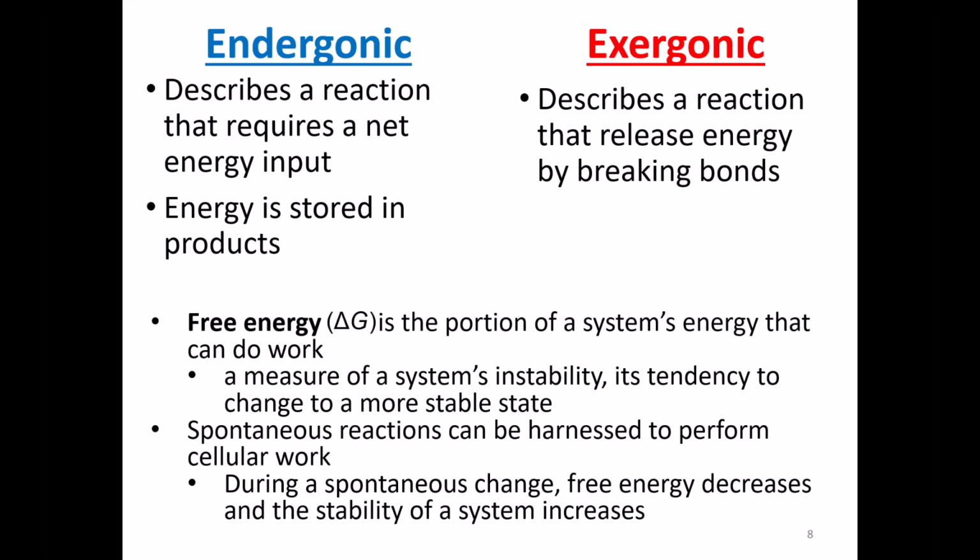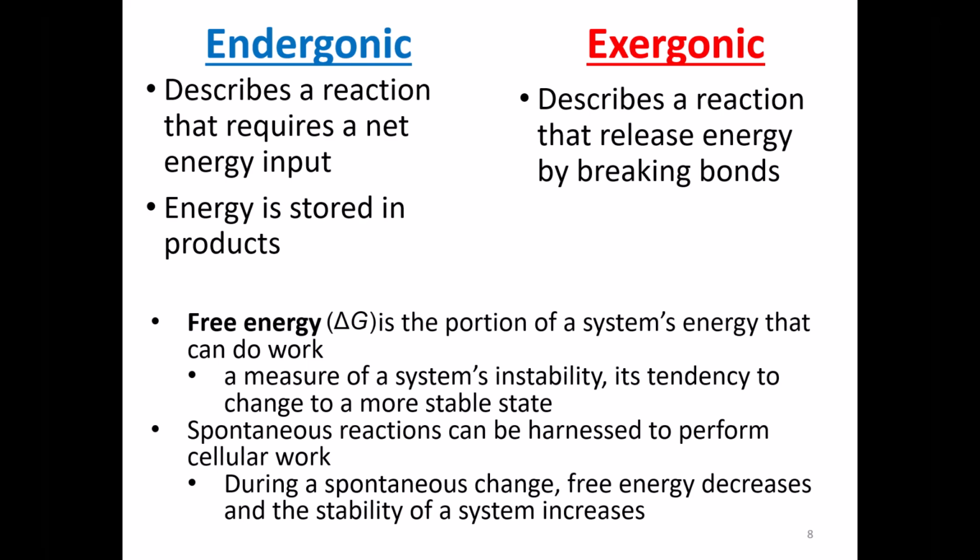Endergonic reactions describe a reaction that requires a net energy input, so energy is stored in the products. Exergonic reactions, on the other hand, describe a reaction that releases energy by breaking bonds. So free energy is the portion of a system's energy that can do work. It's a measure of the system's instability, its tendency to change to a more stable form or state. Spontaneous reactions can be harnessed to perform cellular work, and during a spontaneous change, free energy decreases and the stability